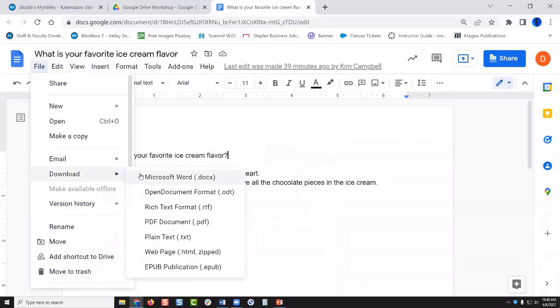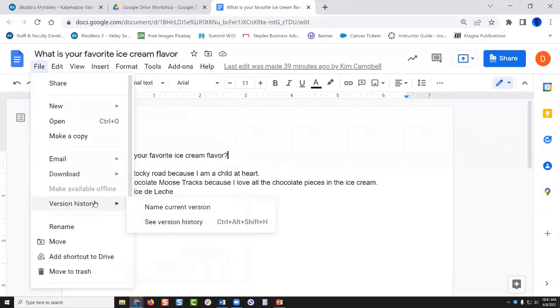You can download it. And this is something I want to call out: Google Docs, I mean, lets you download in different file formats, including PDF. So that's really cool. If you had a Word document, well, you can save a Word document as a PDF. I guess really this only comes in handy if you're working in Google Docs and want to save it as a PDF, but I still think it's a pretty cool tool. You can see a version history to let you see changes over time, and you can name current versions.